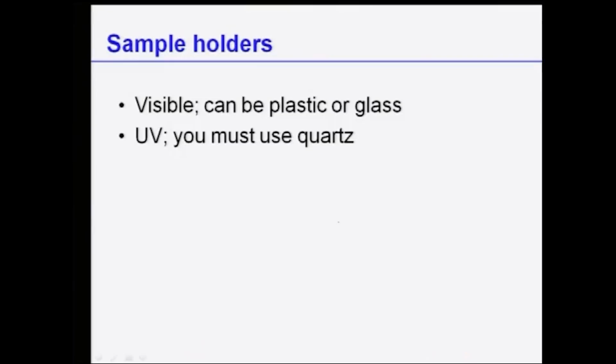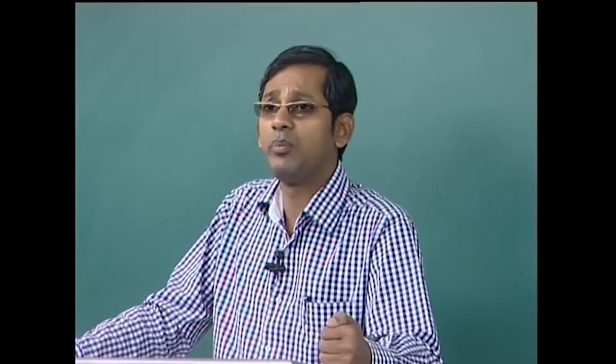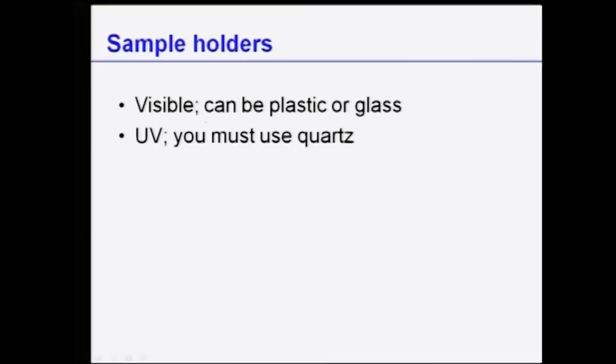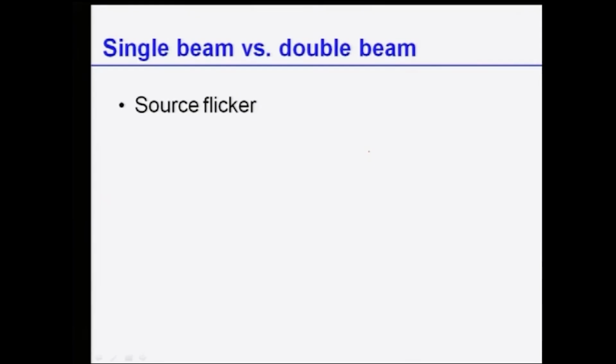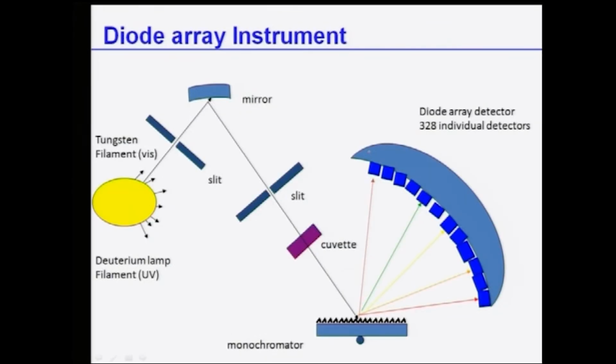And sample holders are also very important for instrumental purposes. For visible you can use plastic or glass, but for UV you must use quartz. These are all examples. You can have single beam or double beam. Normally double beams are used, but single beam can be used too, though we have source flicker. The last one is diode array instruments, in which you have both lamps, tungsten and deuterium,